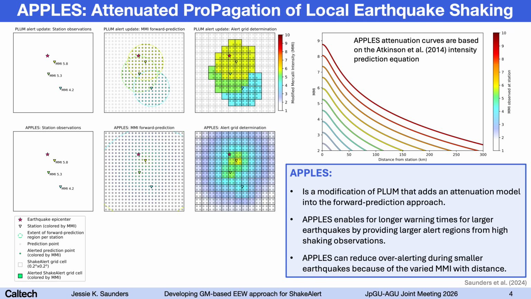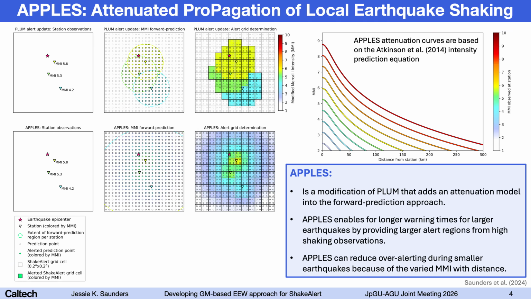So we've modified PLUM into a new configuration called APPLES, or Attenuated Propagation of Local Earthquake Shaking. APPLES adds an attenuation model in the forward prediction step. So instead of the same MMI value assigned within a given radius of a station, APPLES produces shaking distributions that decrease with distance from a station. We found that APPLES can reduce over-alerting during smaller earthquakes because of this varied intensity with distance, and that for large earthquakes, APPLES is able to provide longer warning times compared to PLUM because it's not restricted to the set